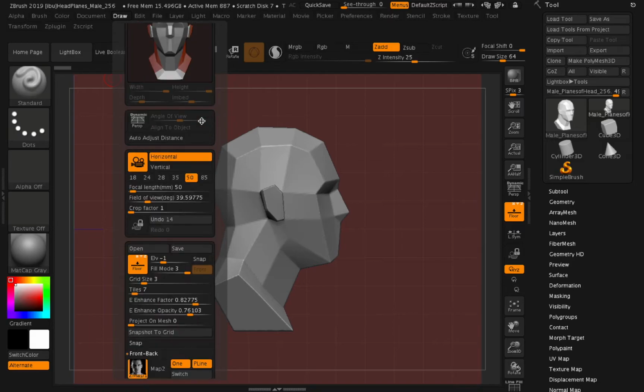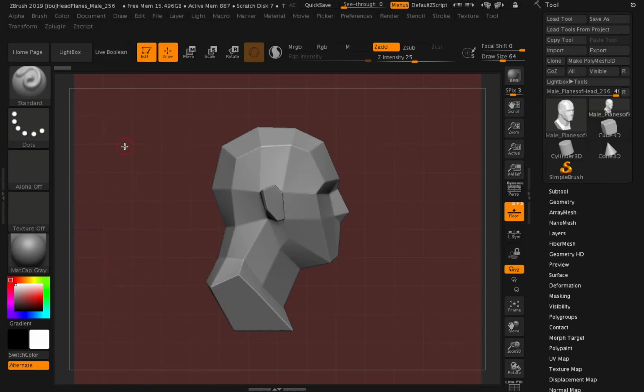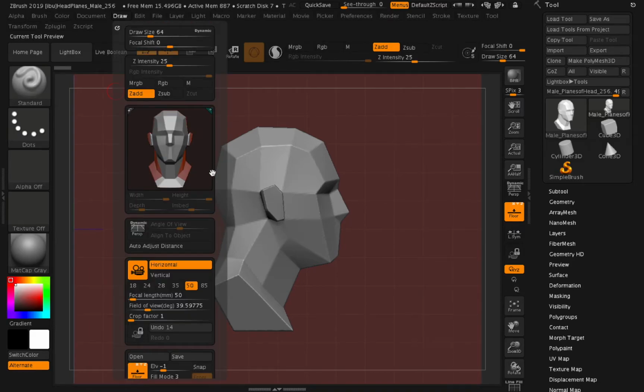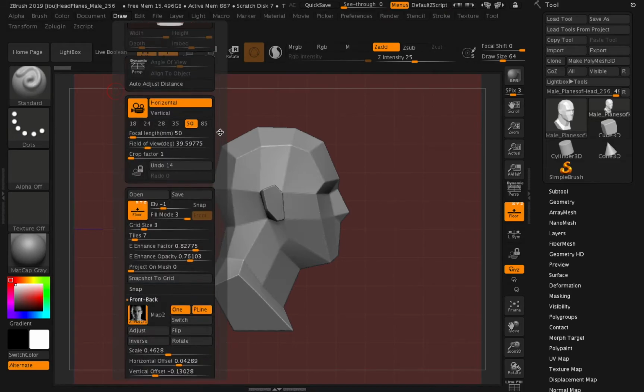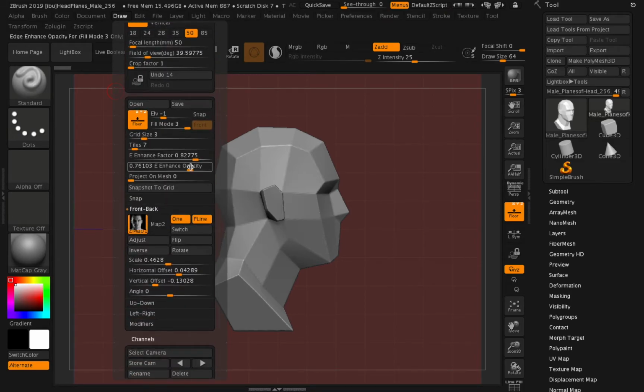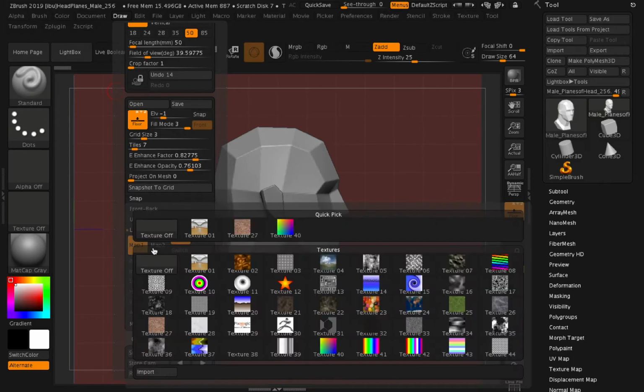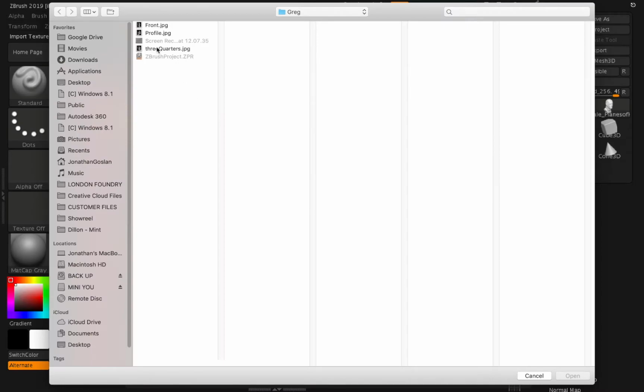Same again. It's a bit tricky to keep this menu under control. Left, right, map 1, import, profile,